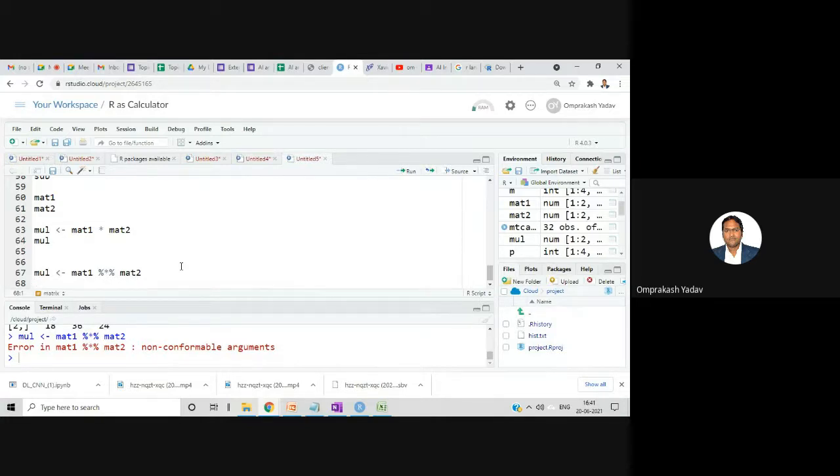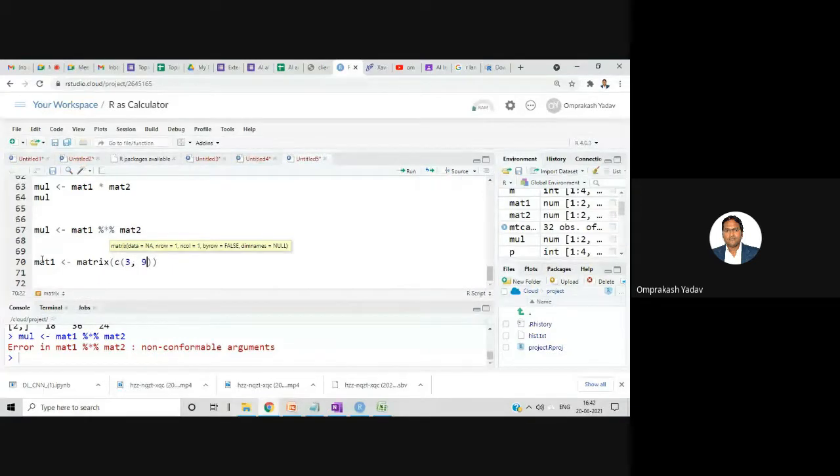So if I take the same matrices, let me create mat1 again, matrix 3, 9, -1, 4, 2, and 6. And n row here I am saying 2.